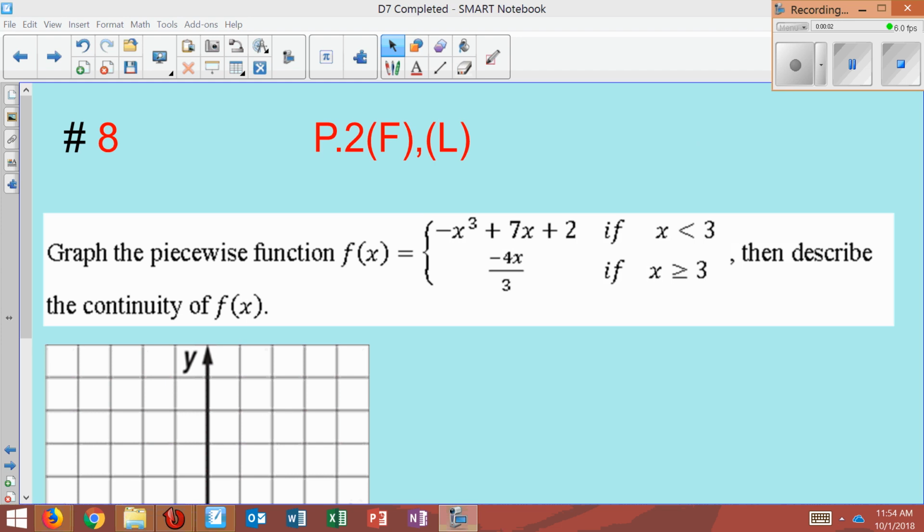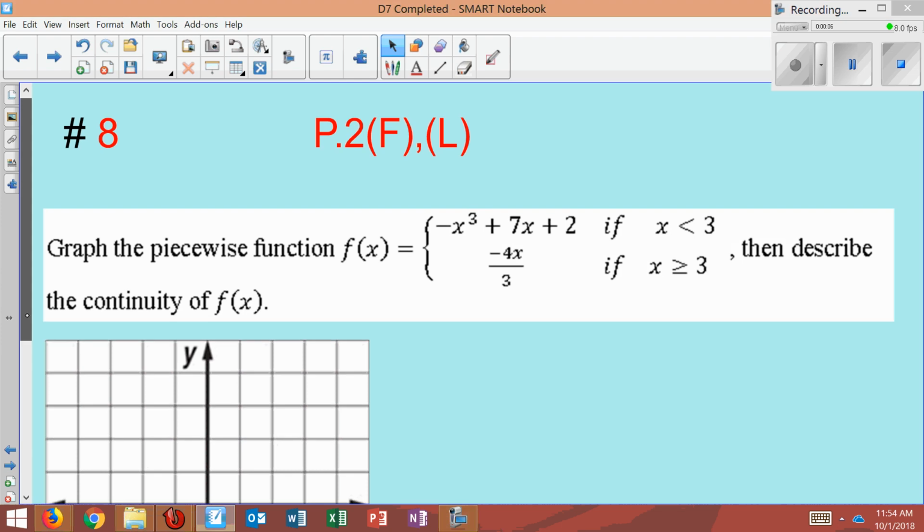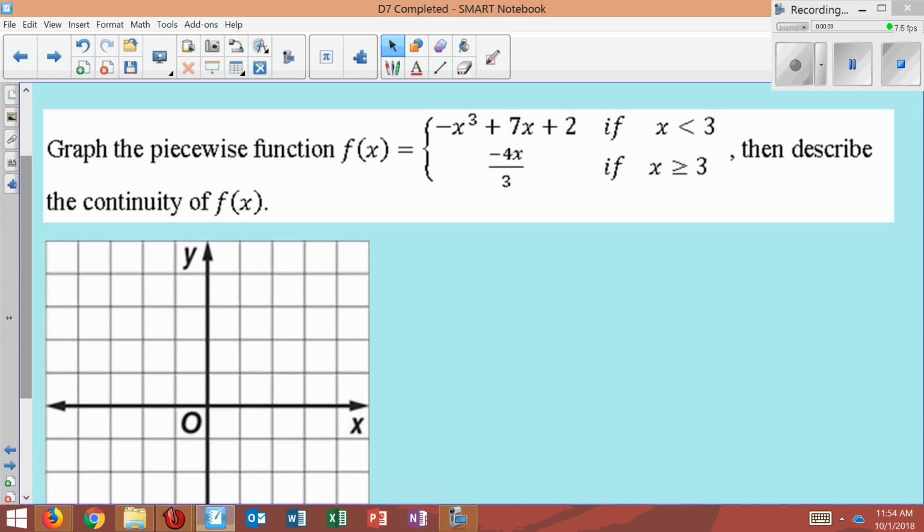Number 8, graph the piecewise function f of x, then describe the continuity of f of x. So first graph, then describe the continuity. I'm going to go ahead and describe the continuity first. If we look at the top of this piecewise, everything should be continuous because there's no division, nor any square